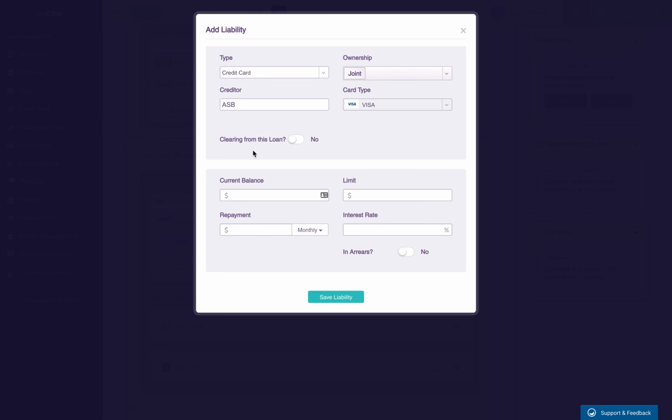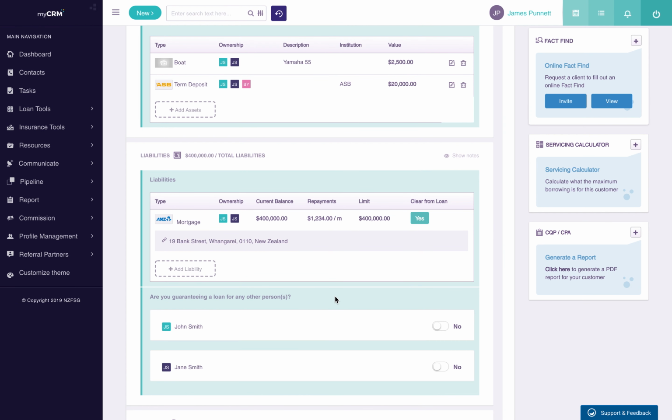Now, the clearing from loan option, if we say yes to this, then it's going to go ahead and add in that credit card balance as an amount to be repaid from the loan. So if I add that in here, then this will go ahead and add it when we complete our funding. So if you don't want to do that, then don't select yes on here. If you just want to keep the credit card as is and not repay it, then that's an option as well. So click Save Liability,